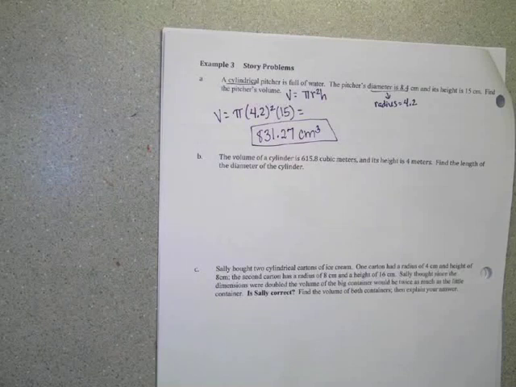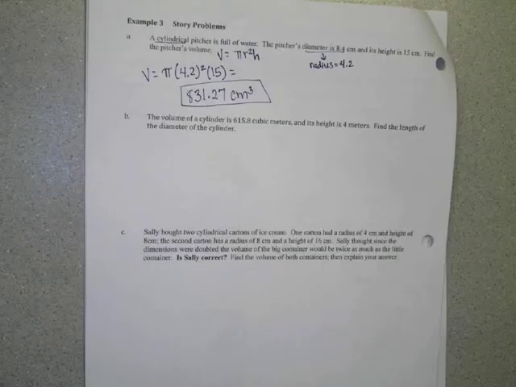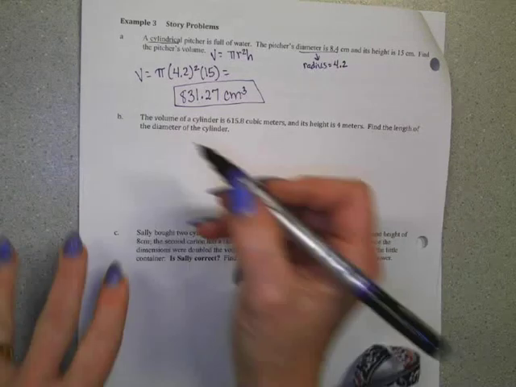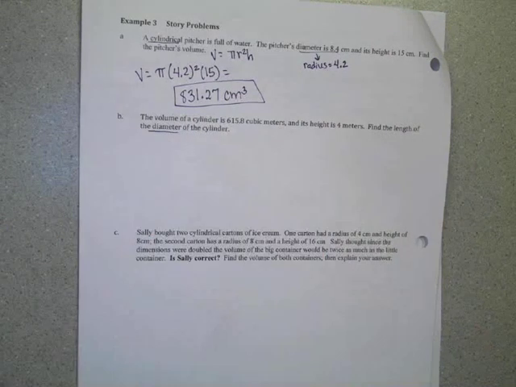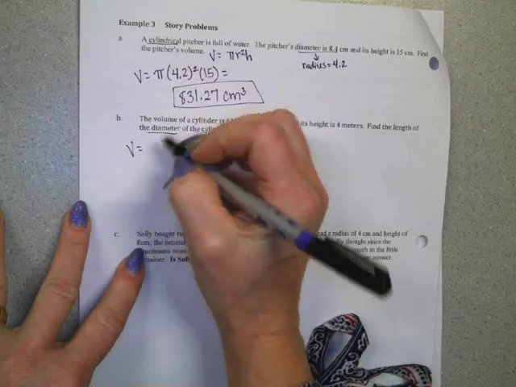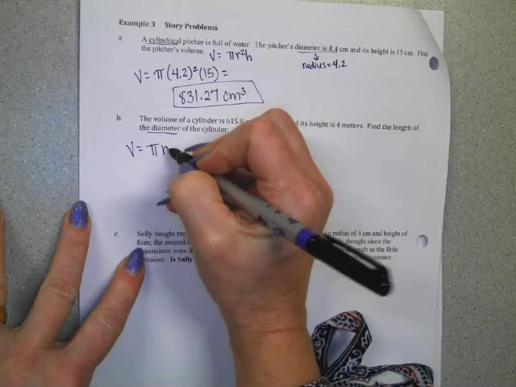B. Now they're going to change it up a little bit more. This time they say the volume of the cylinder is 615.8 cubic meters and its height is 4 meters. Find the length of the diameter of the cylinder. So now they're asking us to think a little bit more and not just plug it into a formula. It's still a cylinder, so I'm still going to use volume is equal to pi r squared h,